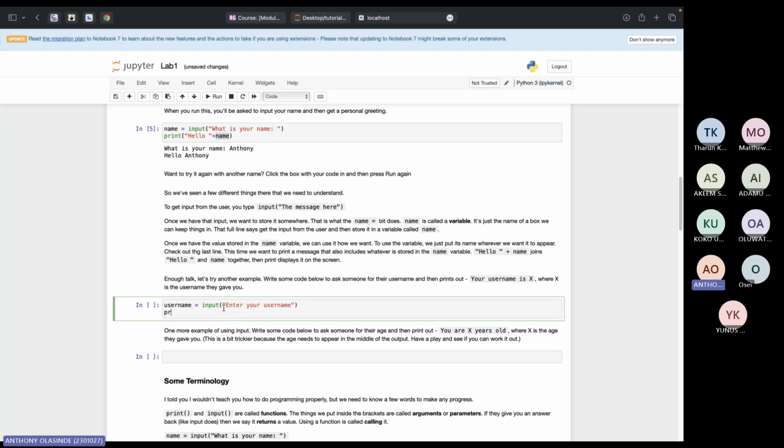And at the end of the day, you want to print out the person's username. Now, one thing I do is I just copy what I was given. This is what they said we should show the user: so your username is X. So I put it here, and I know X is a variable, so I take it out, bring it here, and I say